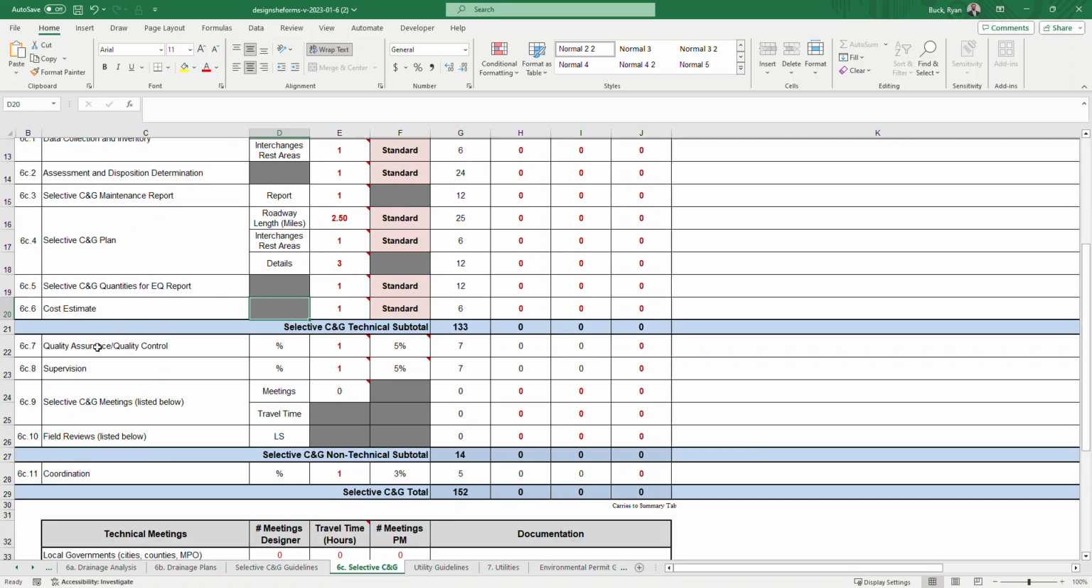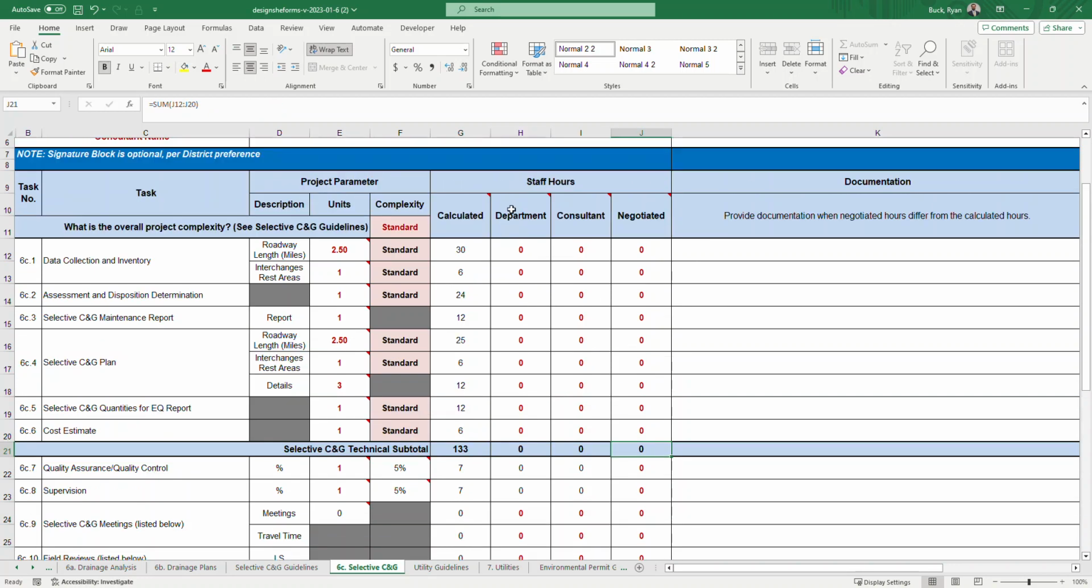So 6C7 and 8 is QA/QC, followed by supervision. These again are 1 and 0, yes or no, for supervision and QA/QC. They're default left at 1 as on. If for some reason you don't need it, you could turn it to 0 and it gives 0 hours. It's based on 5% for both of these of the technical subtotal. So it's going to calculate 5% in each one of these tabs based on that technical subtotal of the department